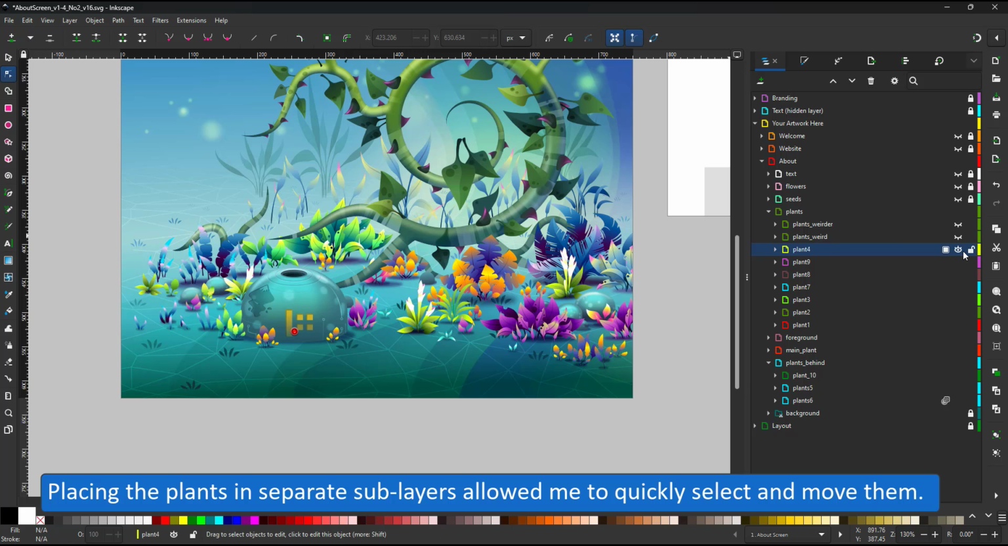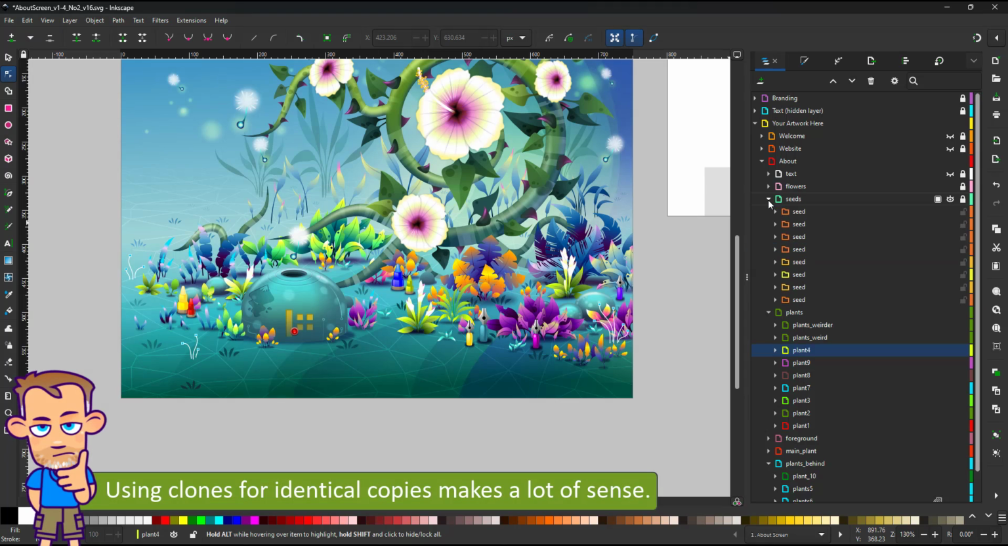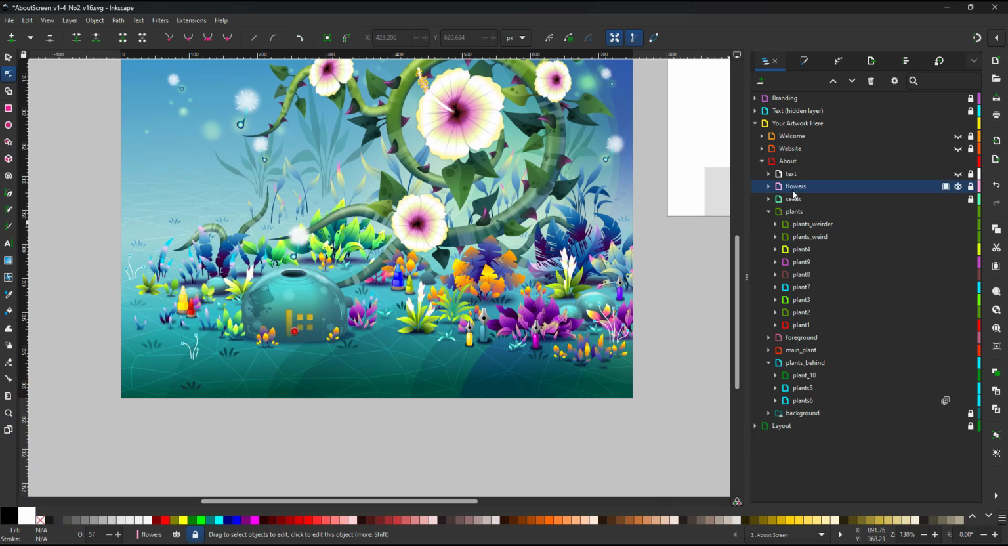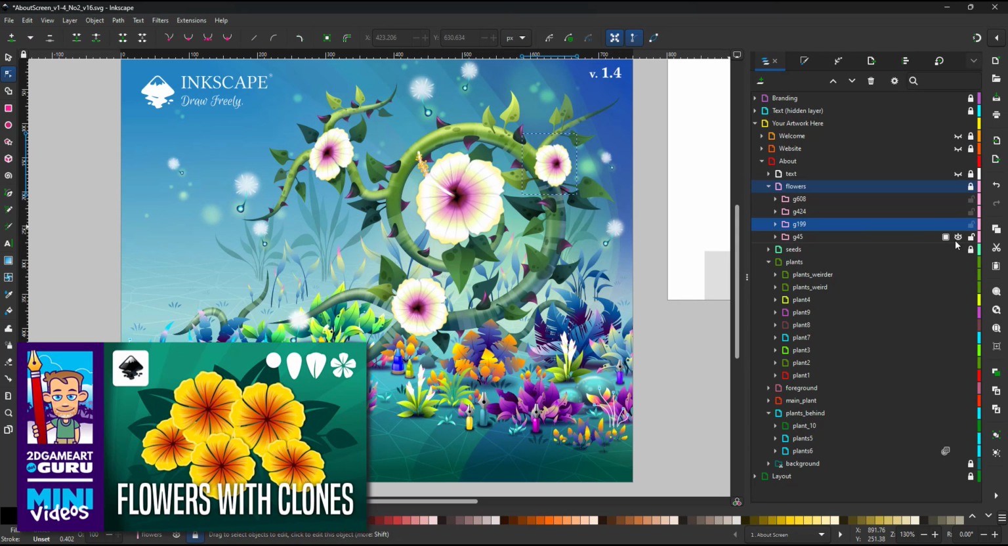The plants are on their own layer with additional layers for each plant group inside. The idea here is speed as well. It makes it easier to hide, move, alter or select a whole layer. The seeds have their own layer and consist of groups of multiple elements. I duplicated the group, scaled it, rotated it, flipped it and positioned it, and applied the same concept to the